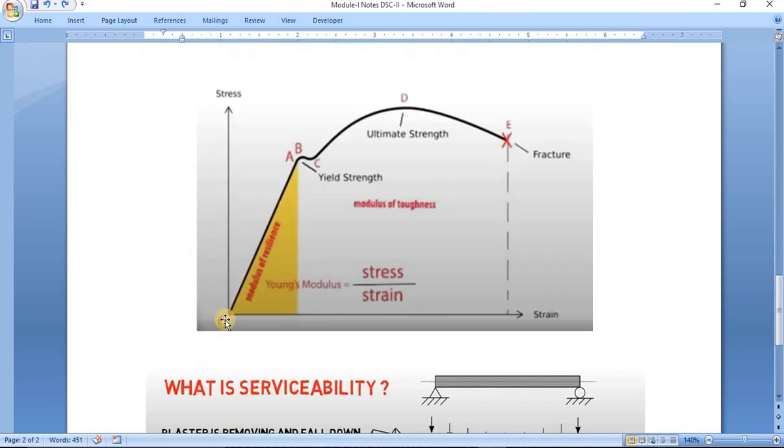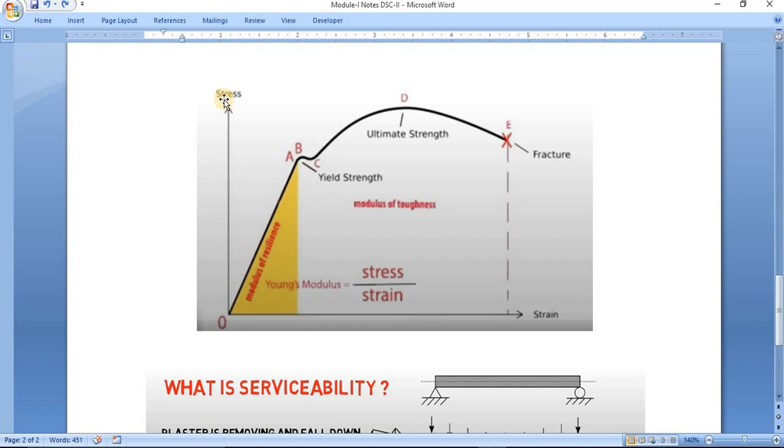In working stress method we have considered, sorry, I forgot to explain this diagram. This is the stress strain diagram of a material, of a mild steel you can say. Why we need to refer to the stress strain diagram, I will tell you. Whenever we assign a certain amount of load to any structure or member, stresses are going to form, and as stresses form there will be some deformation, and due to deformation strains are going to form.